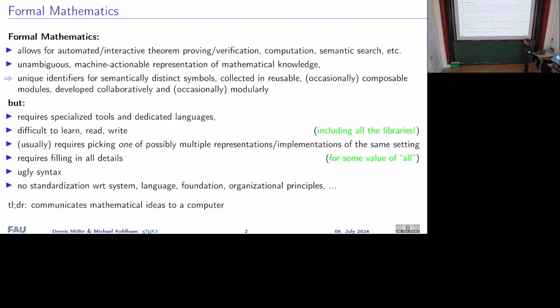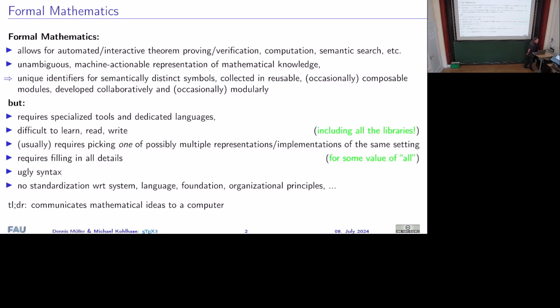And the nice thing about giving the second talk in a workshop is that I can start by saying a bunch of obvious things which haven't been said yet and somebody has to. And it's nice because that allows me to spin things in the direction that I want to. We all know what the point of formal mathematics is, i.e. it allows us to do automated or interactive theorem proving and verifying proofs. And if we extend the notion of formal mathematics to things like computer algebra systems, then we can even do computation, we can do things like semantic search, all of these kinds of things.